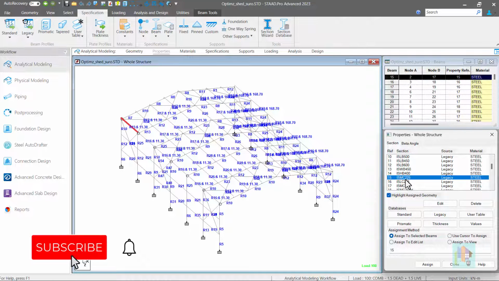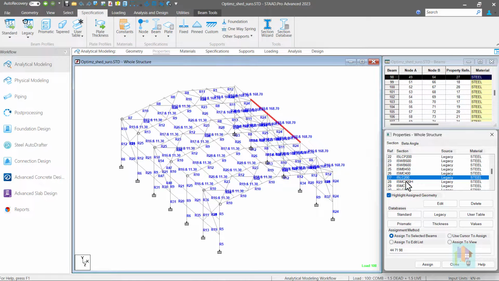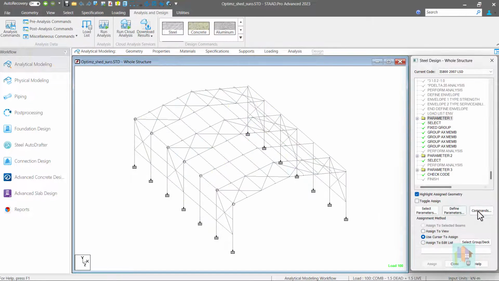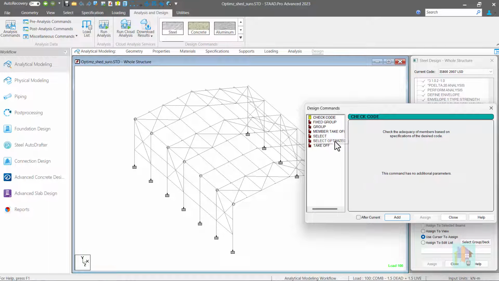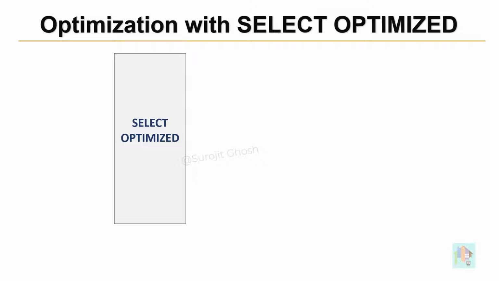That's all about section optimization in STAAD with select, group and fixed group command. There is another command available for section optimization, select optimized. It is similar to select. There is only one difference. It performs two-stage optimization. For select optimized, program first performs a non-iterative design using checkcode command and reviews the design